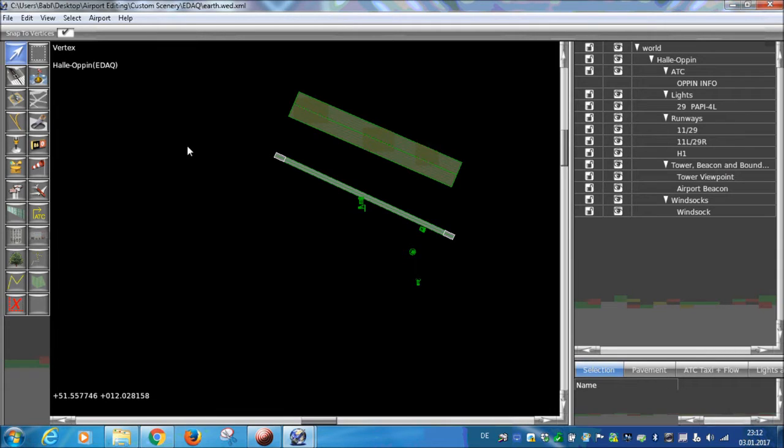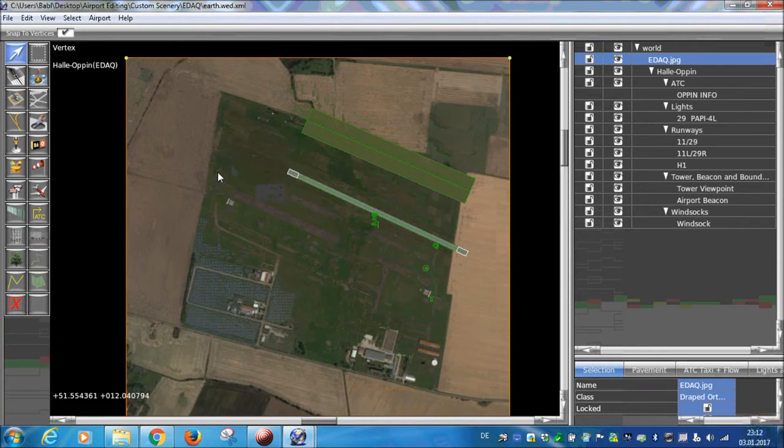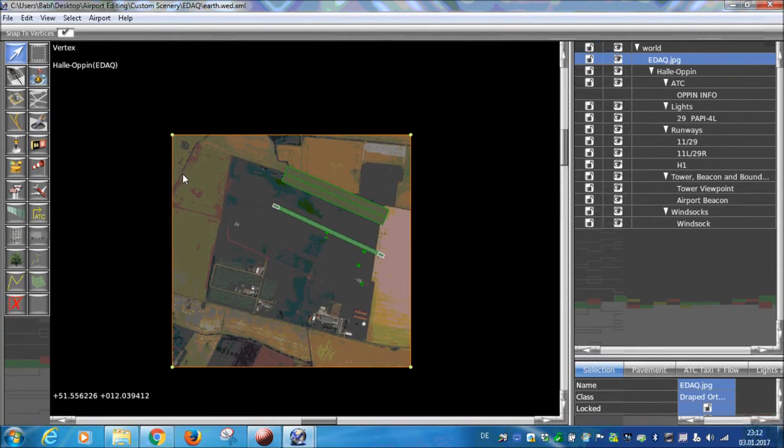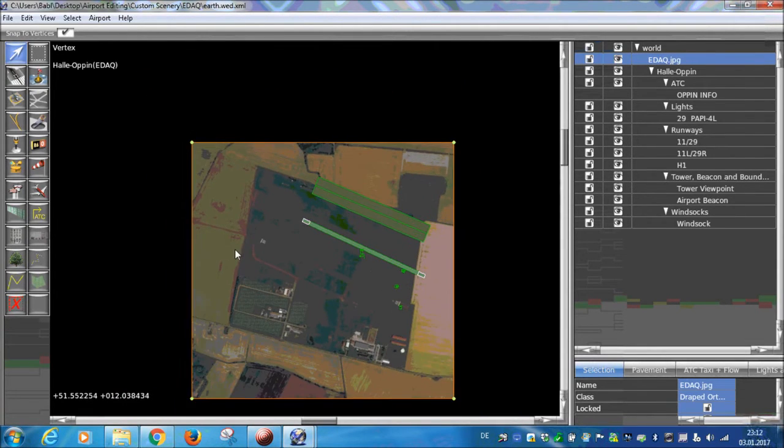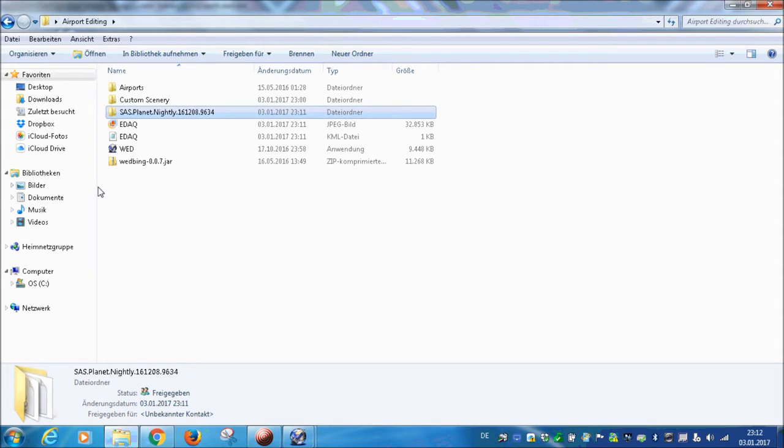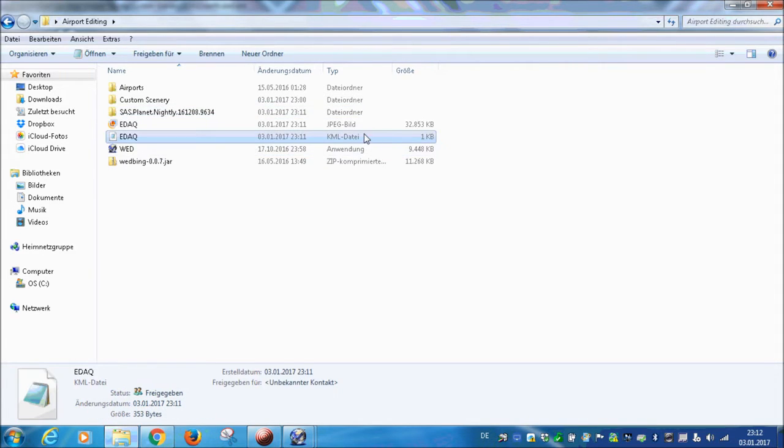And after a short wait, we will have the picture here. Right. Now it is not positioned accurately, so we have to go to our folder and choose the KML file